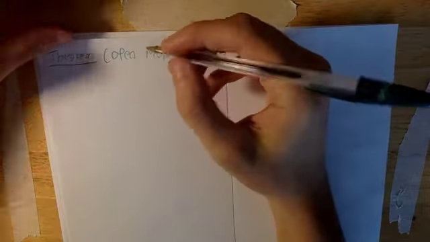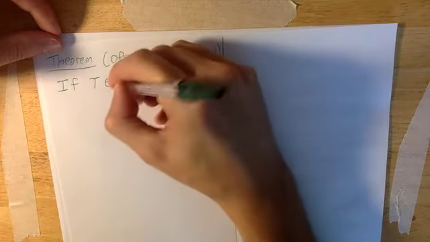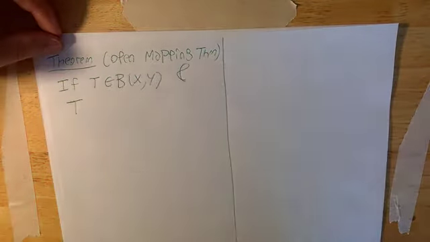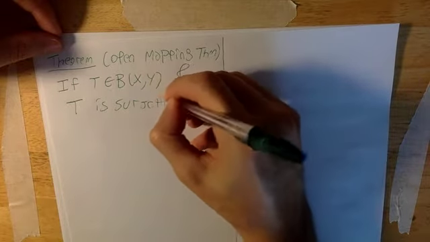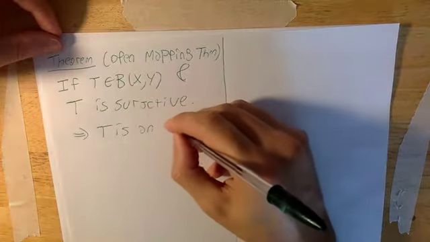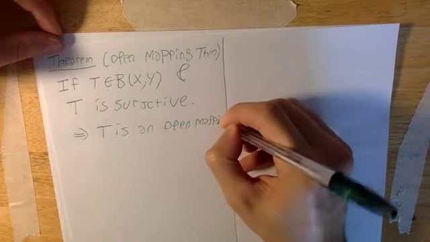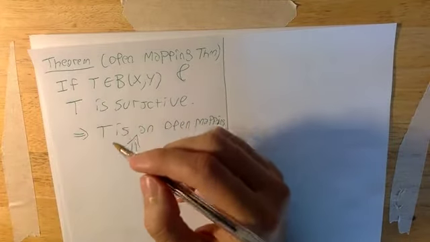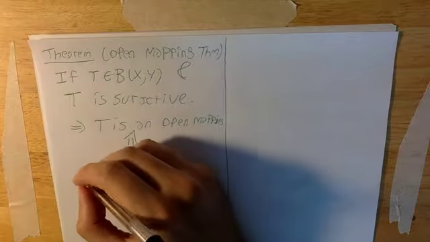The open mapping theorem says that if T is a bounded operator from X to Y and T is surjective, then T is an open mapping, and this is if and only if